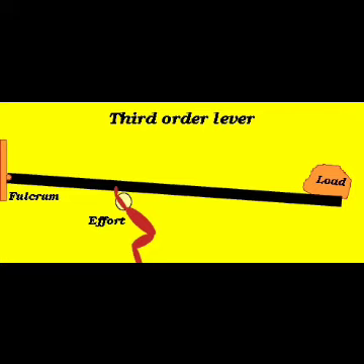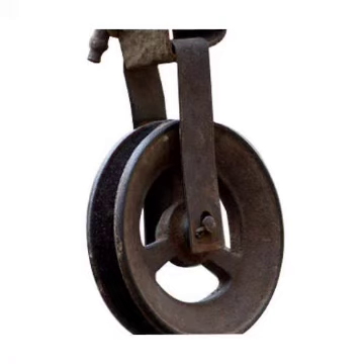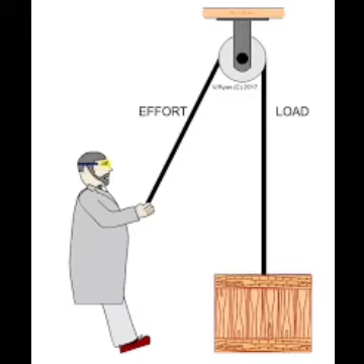Next one is the pulley. That is a simple type of machine, and a pulley is a small wheel with a groove around its edge. The groove can hold a rope in position. Instead of an axle, a wheel could also rotate a rope, cord or belt. This is a variation of the wheel and axle. In a pulley, a cord wraps around a wheel. It is a simple machine that is used to change the direction of the force. When the wheel rotates, the cord can move in either direction.